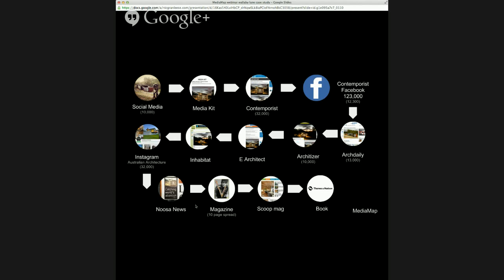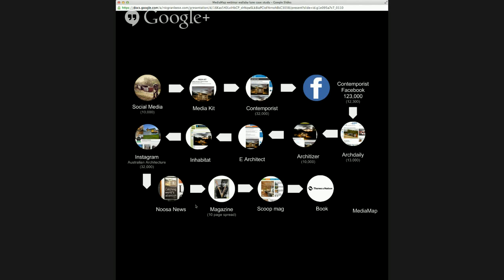Magazines will often be reluctant to print something that's been printed elsewhere, but they don't care about online media anymore either. So it's very interesting. And then there's a whole series of secondary level magazines, things like kitchen magazines and bathroom magazines that come out once a year. And so they're looking for stories from other sources to put in their magazine. And eventually you have books and TV shows as well.